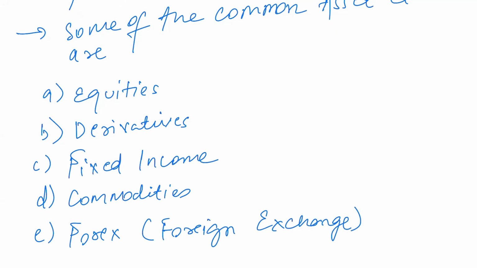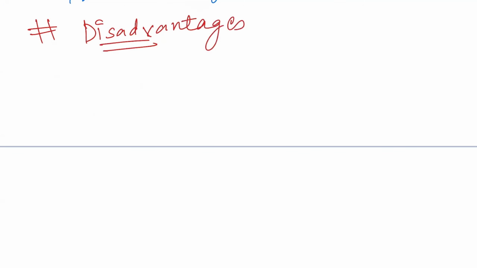So now let's understand, of course, value at risk tells us the potential loss in our portfolio. But of course, there are some disadvantages also of using value at risk, because we have already talked about the advantages, such as it's helpful for risk management, it's helpful for regulatory reporting, or let's say regulatory compliance, and it's helpful for portfolio optimization, right? So let's understand some of the disadvantages. So the first disadvantage is,